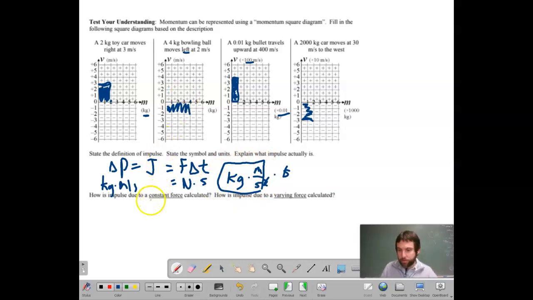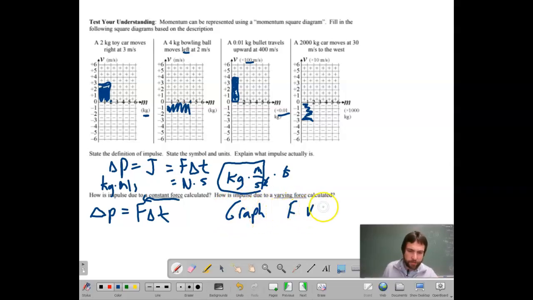How is impulse due to a constant force calculated? We would just do the change in momentum equals F delta t. So that's a constant force. So our force is not changing. If our force is changing throughout a situation, then we would need to graph this,